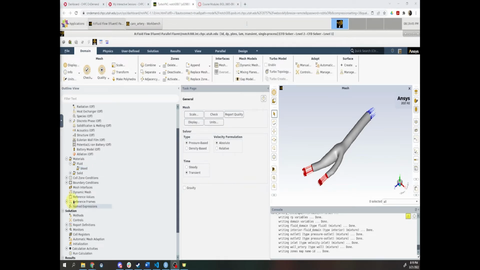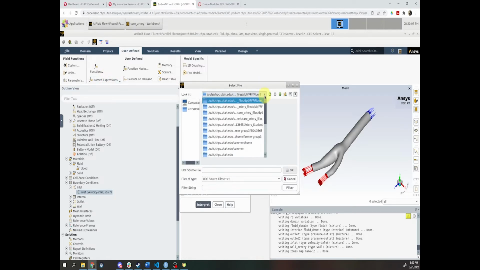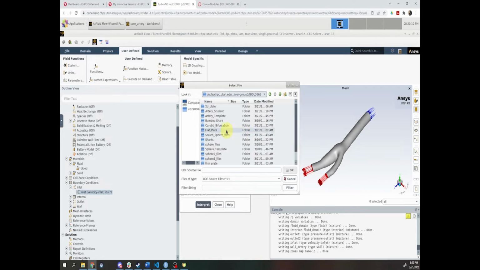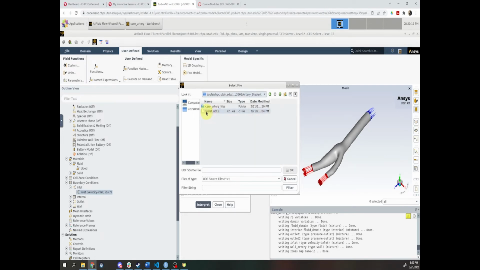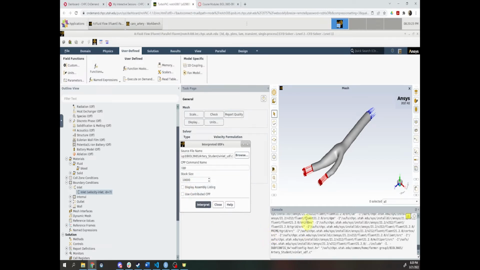The next thing that we want to do is to add in that user-defined function, because we're going to need to set that as a boundary condition for this inlet. So if you go up to the user-defined menu, and under functions, we're going to go to an interpreted function, and we should be able to browse for the location, and we'll load up that C file that we had. All the rest of these options should be okay. We can just hit interpret, and you see that we've got a lot of